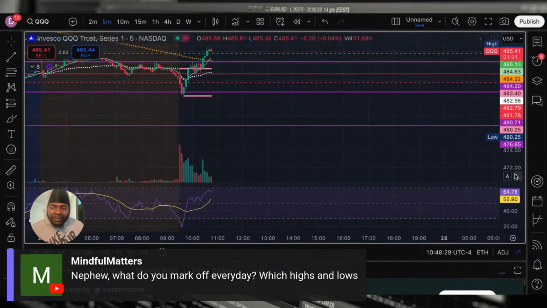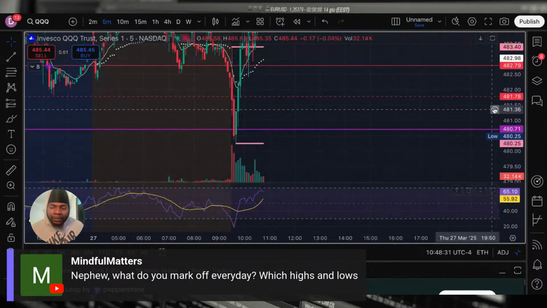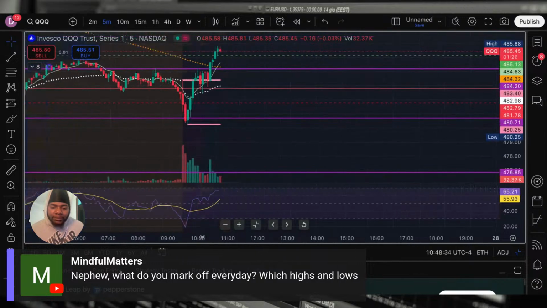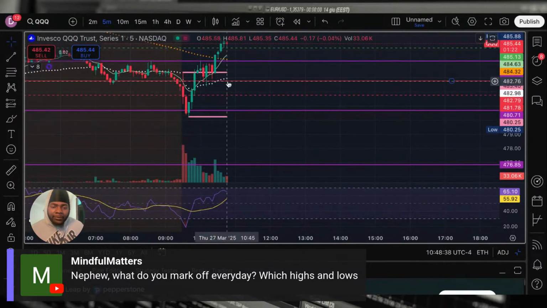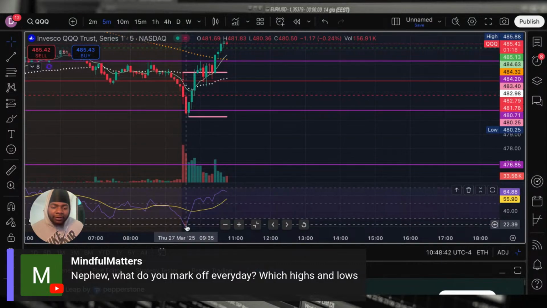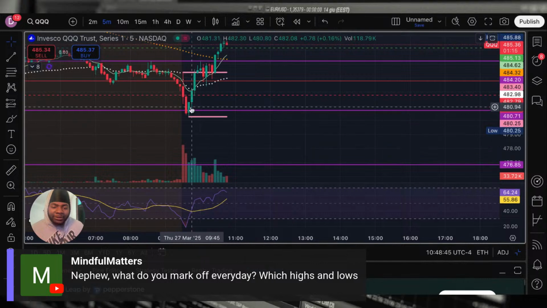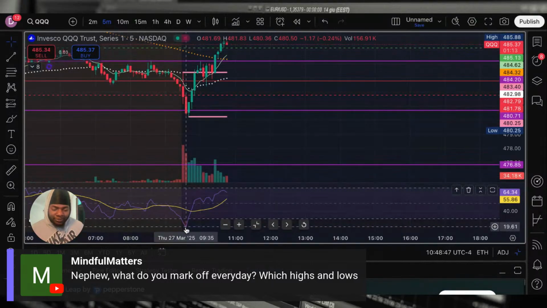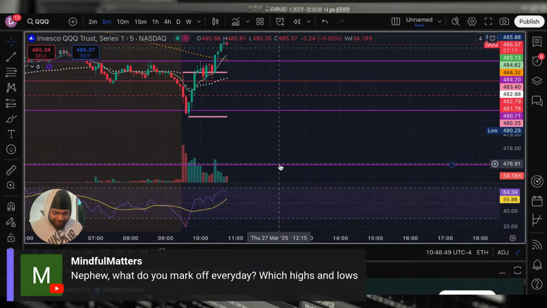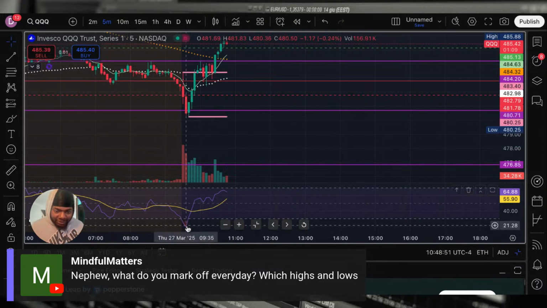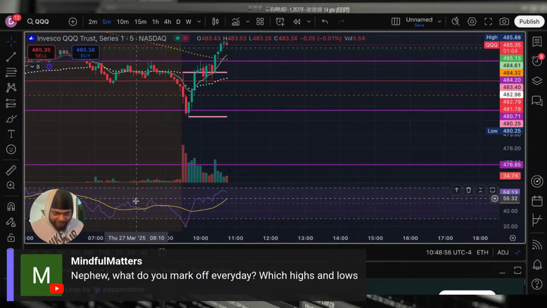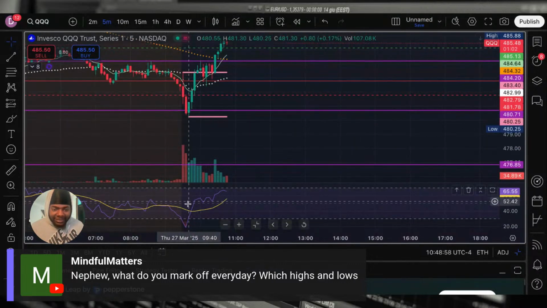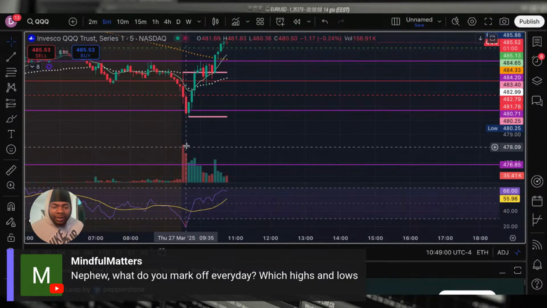So this is how I got faked out on QQQ today. This is how I lost money on QQQ today. Stocks went down, broke my pre-market low and yesterday's low. But over here the RSI, relative strength index, is going to show you if the stock is oversold, meaning it's going to show you if we're about to reverse. That's what it's doing right here. You see that red down there? If you go up, it'll be green. As soon as it touched that, you know it's probably about to be a reversal. So I should have looked at that.